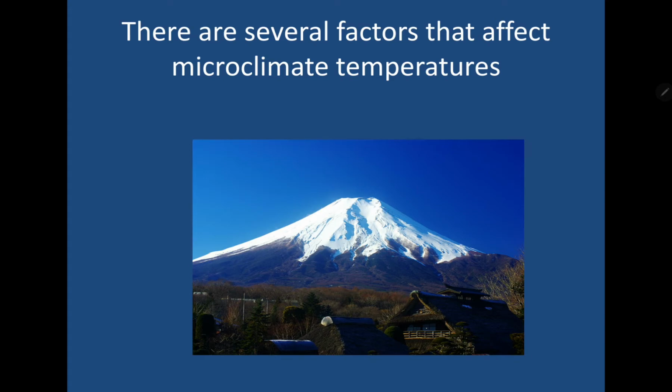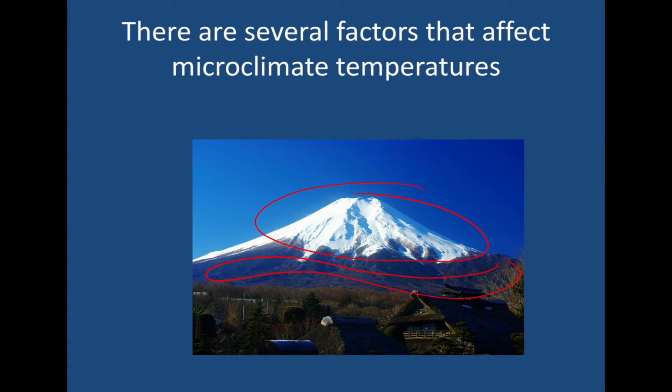So there are several factors that affect microclimate temperatures. Altitude is one such factor. Obviously, the higher up you go, the colder it gets. I mean, it's pretty obvious in this photo, right? You only find snow on the upper levels of Mount Fuji. And then the lower levels, well, it's just land or plants, I guess. Anyway, you may also have noticed this if ever you've climbed a mountain before. You don't exactly have to be a mountaineer to notice this. Okay? Merely going up, let's say, Baguio or Tagaytay already exposes you to the lower temperatures that higher altitudes have.